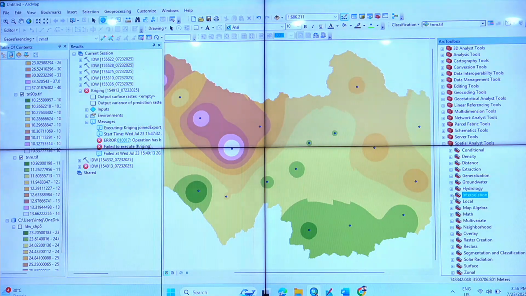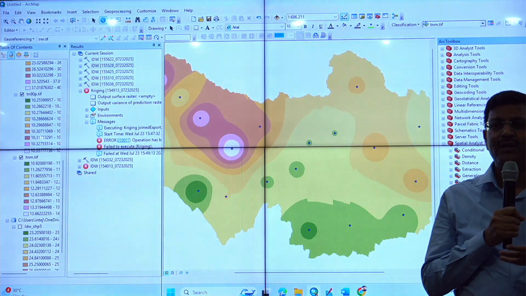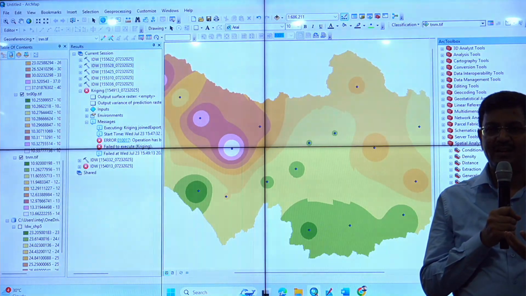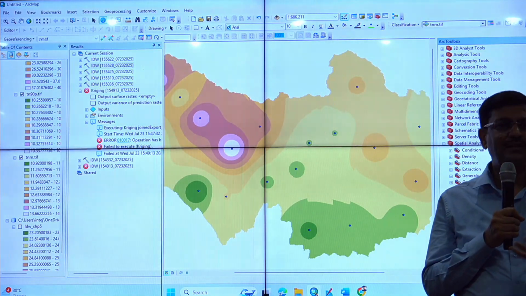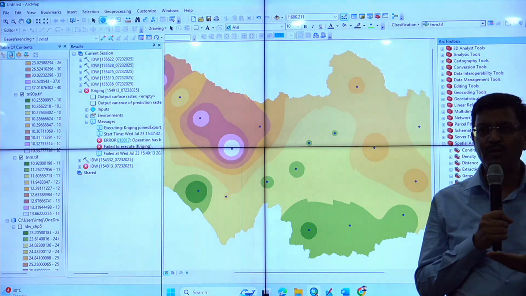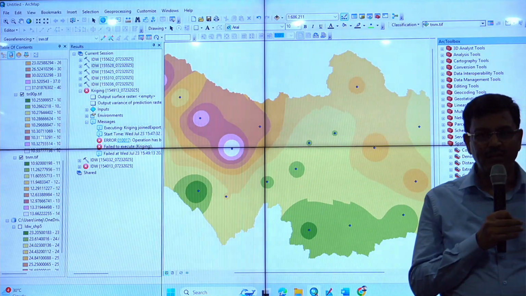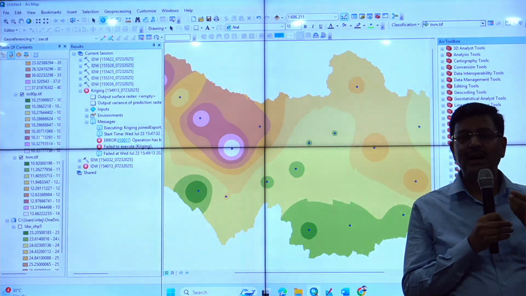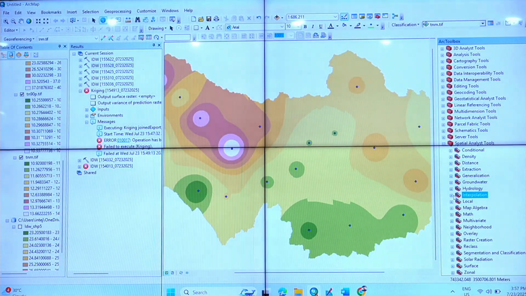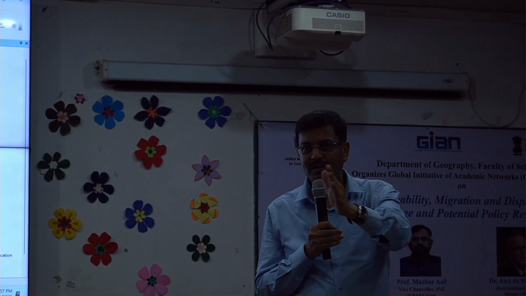What you need to go, and that is the beauty of GIS, is that if I give you all the 6 layers separately in print form or digital form, and if I ask you for a location where the XYZ condition is met, you cannot tell. Even if you overlay manually, you cannot get anything. So when we do a spatial overlay analysis in GIS software, that will give you which location has particular characteristics, with this parameter this much, and that parameter that much.